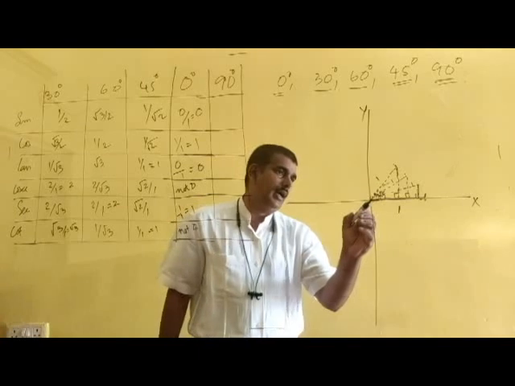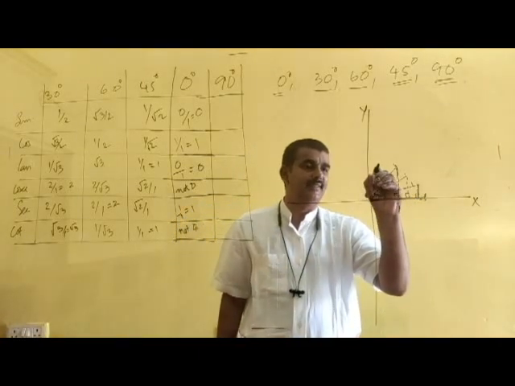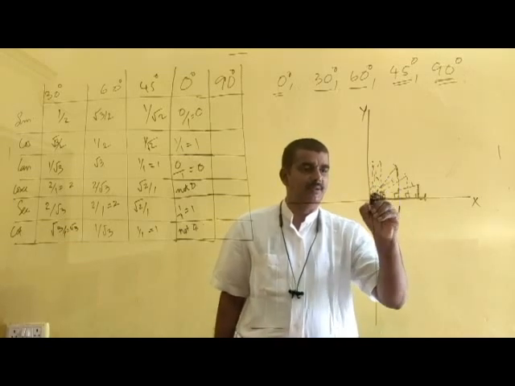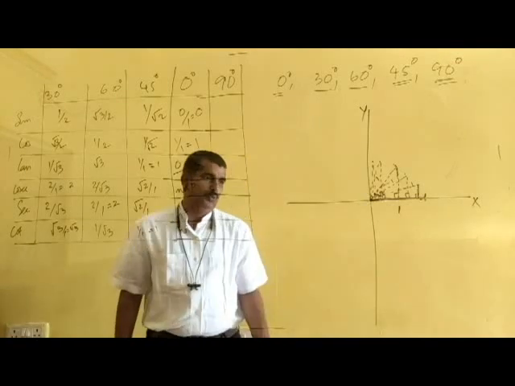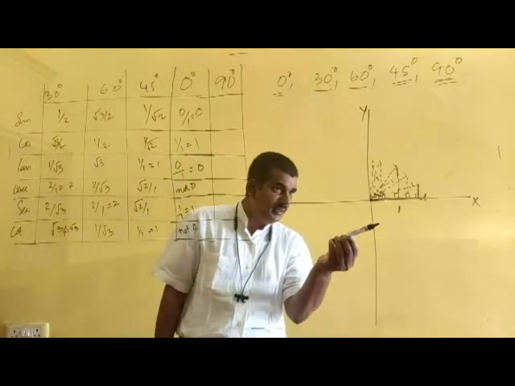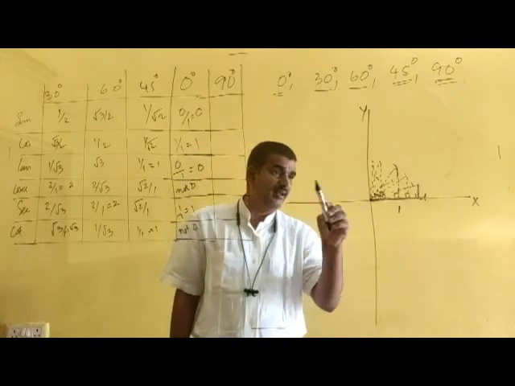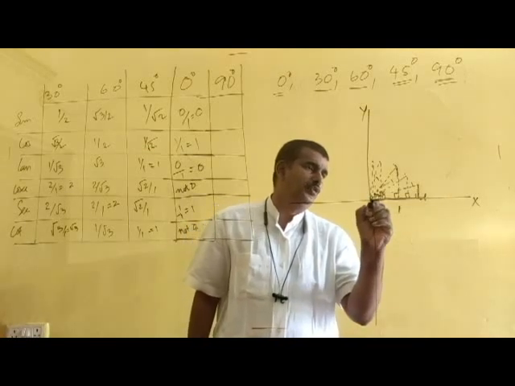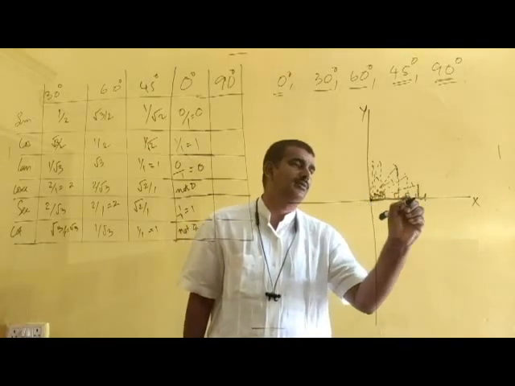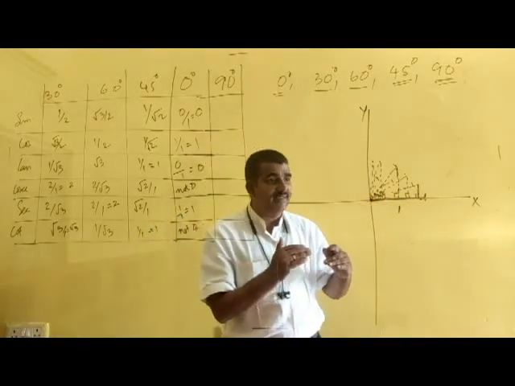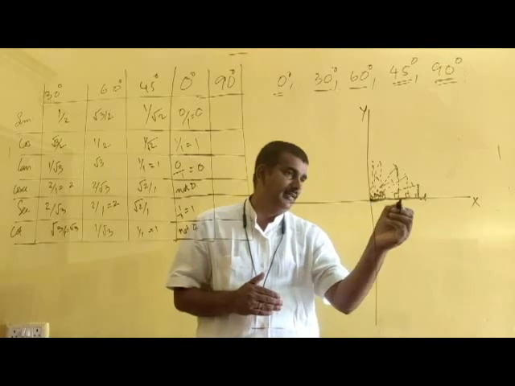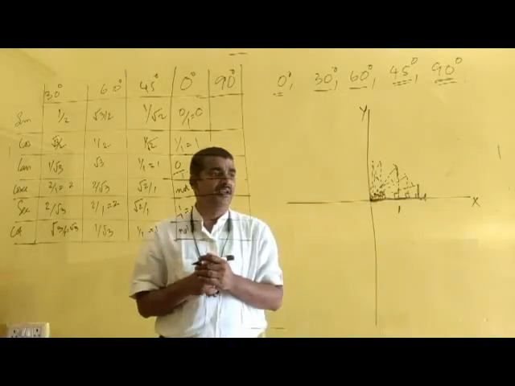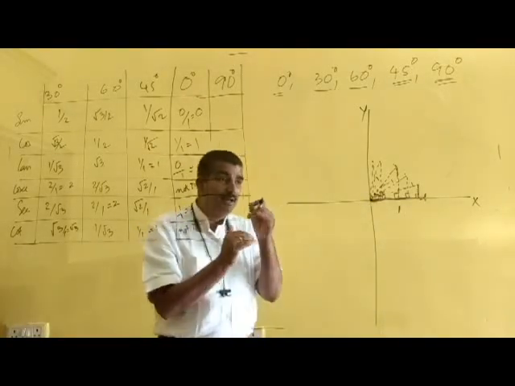See, if this angle is improving like this, this is again 1, and now the opposite side. What I told you, if theta is increasing, now theta is increasing, not decreasing. Increasing case you can consider. When theta was 0, at that time you saw the maximum length of the adjacent side. If theta is increasing, the length is decreasing like this. If theta is reaching up to 90 degree, the adjacent side will become 0.